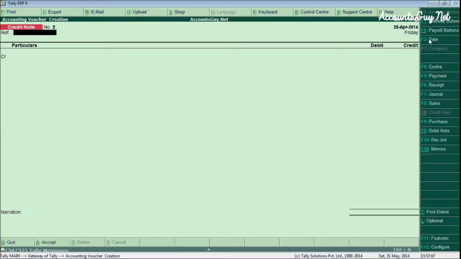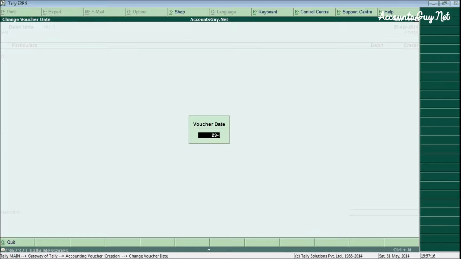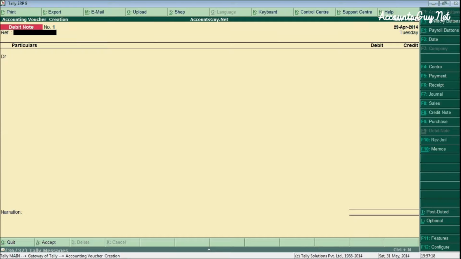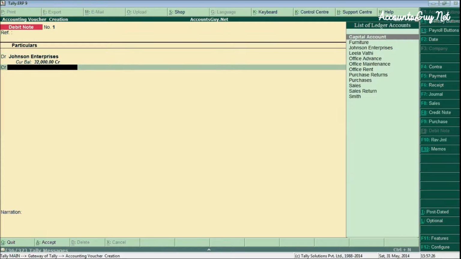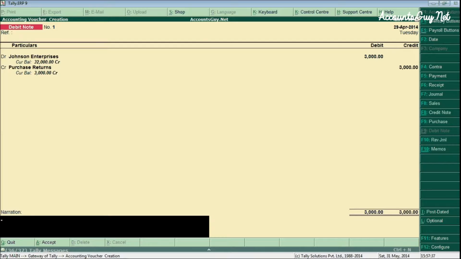To record the purchase return transactions, you have to go with the debit note button. Just press Ctrl F9 or press the debit note button, and here you select the cash account or sundry creditor account from the list and choose the purchase return account and save the screen.